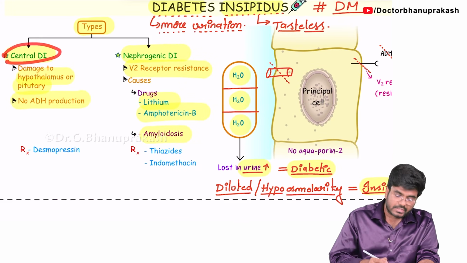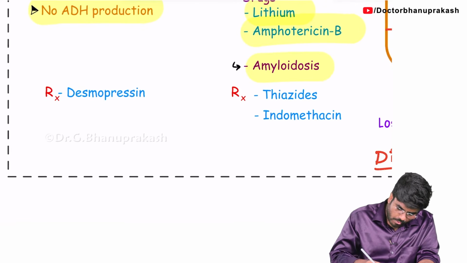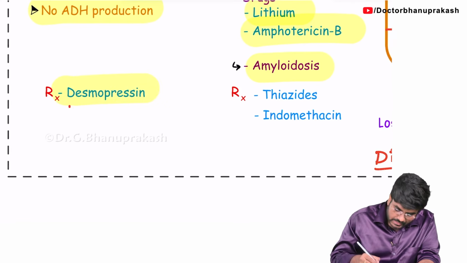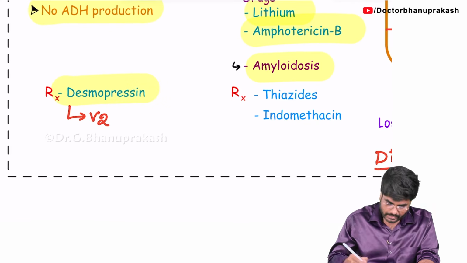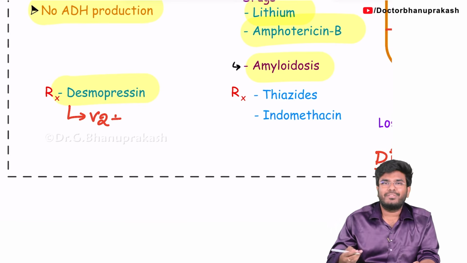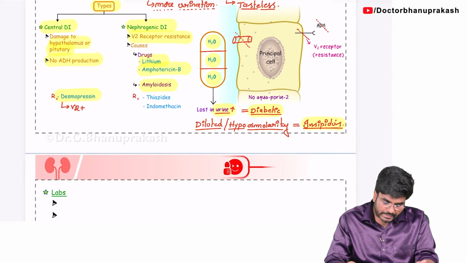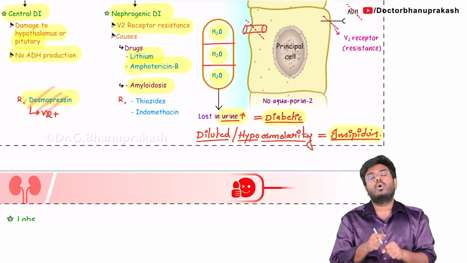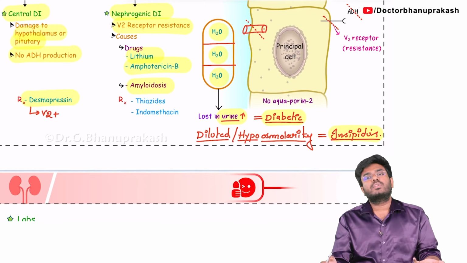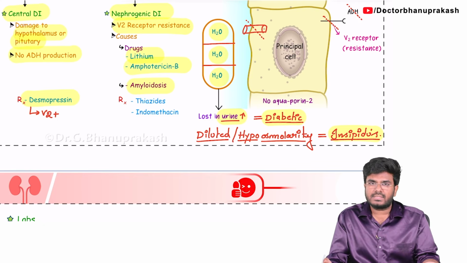In central diabetes insipidus, what is the treatment that we are doing? We are going to give a drug called desmopressin, guys. Why desmopressin? See, desmopressin, I have told you, it will stimulate which receptors? V2 receptors. It's going to stimulate the V2 receptors. When the V2 receptors are stimulated, no problem. Problem solved. So, how we are treating central diabetes insipidus is by giving a drug called desmopressin. Desmopressin will go and stimulate the V2 receptors. And once the V2 receptors are stimulated, problem solved. Again, the aquaporin 2 channels are produced and water reabsorption occurs as usual.